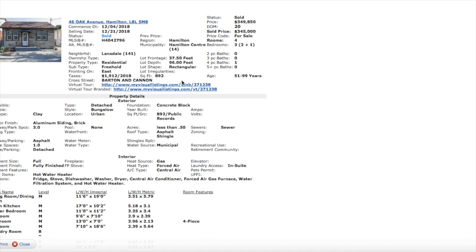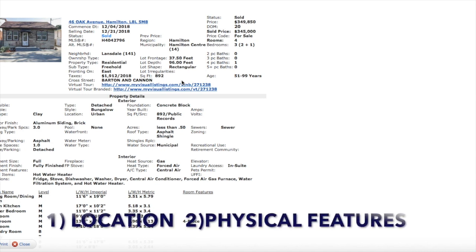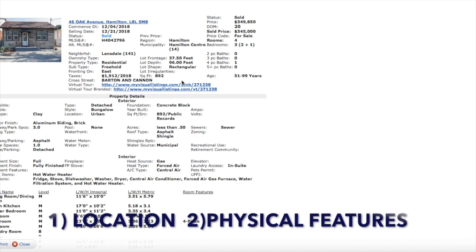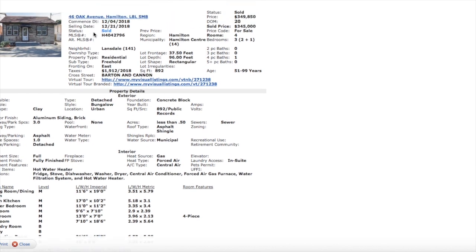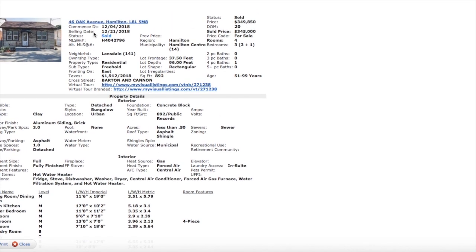But what we want to take a look at is two main considering factors. One is location, where it's located relative to the proposed property, and the other is similarity in the actual house. Most of these are pretty similar, so we'll go through them together and then come up with an idea of where we think we should be. So this one here is on Oak Avenue. It's on the other side of a pretty major street that separates our area and that area. This area is actually a little bit better than where we are, and we can see here that it sold for